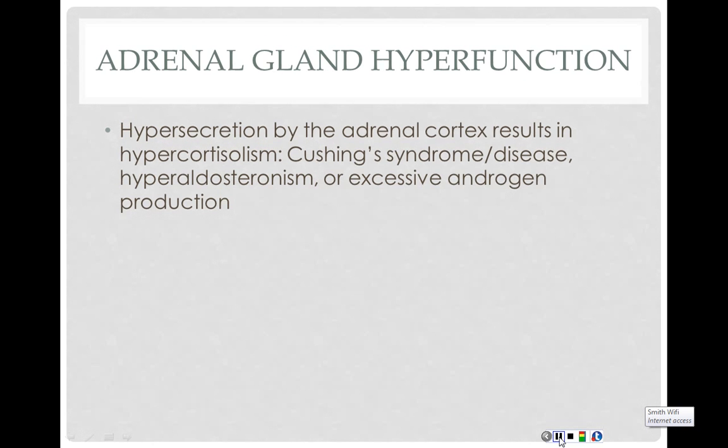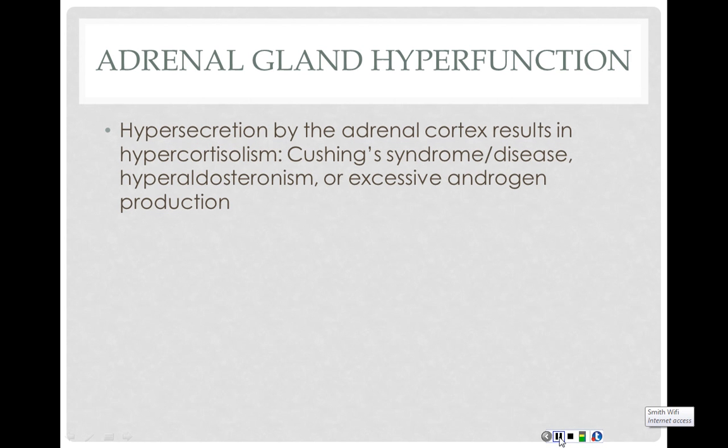Now, when a person has adrenal gland hypersecretion, we call this Cushing syndrome. The person may have hyperaldosteronism or excessive androgen production. And so again, this is a condition where the adrenal